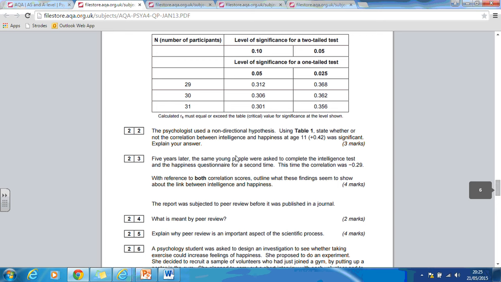Now, 5 years later, the same people were asked to complete the intelligence test and the questionnaire a second time. The correlation was negative 0.21, and it says, with reference to both correlations, outline what the findings show about the link between intelligence and happiness. So we need to say what it shows for correlation 1, what it shows for correlation 2, and what it says overall. So we know correlation 1, the original one, was shown to be significant between intelligence and happiness at age 11. 5 years later, so at the age of 16,